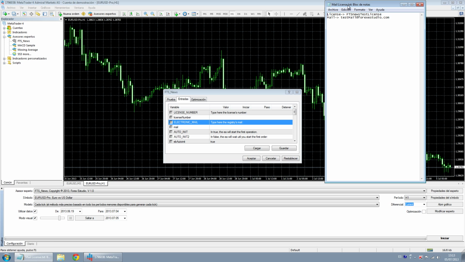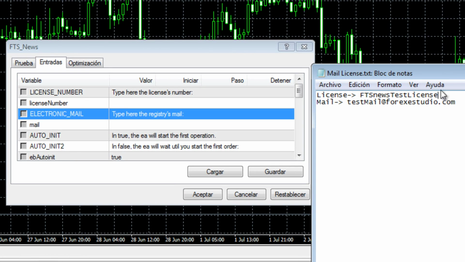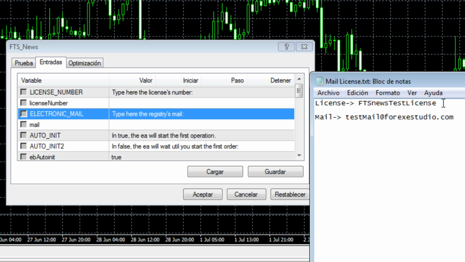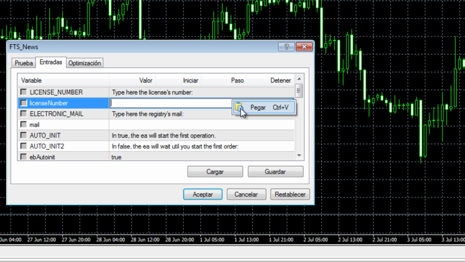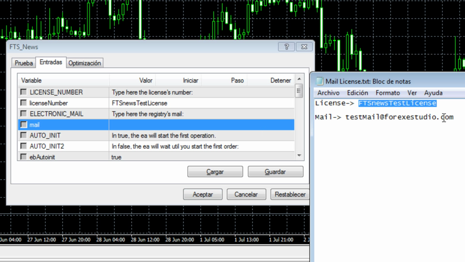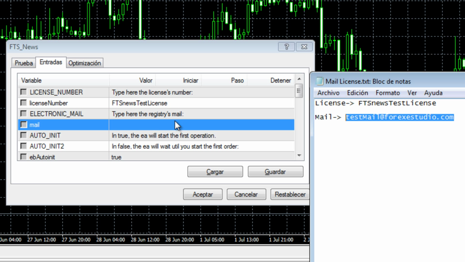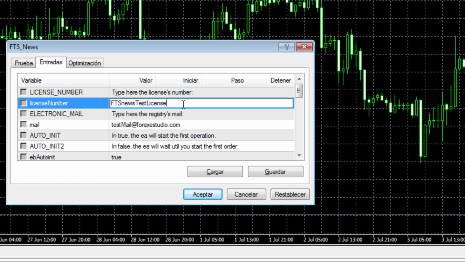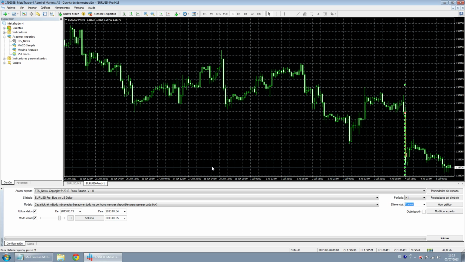I've gathered them here. In this case, we just copy and paste the license number in the appropriate box. And we also have to enter the email similarly. We'll go where we have the email, we copy and paste. When you have entered the information, we click on the Accept button, and to check it out, let's do a test